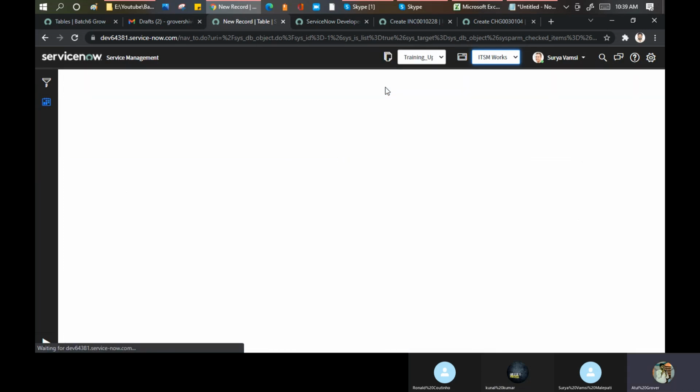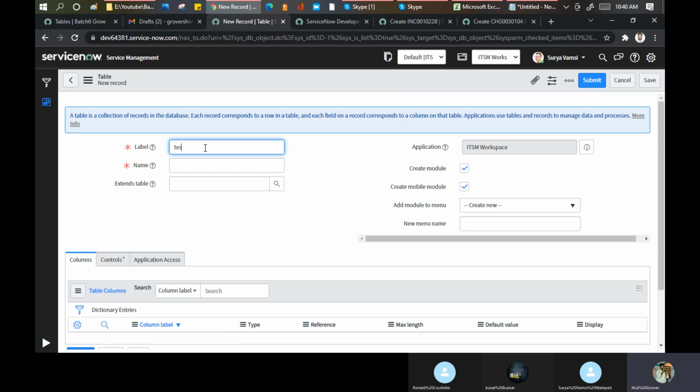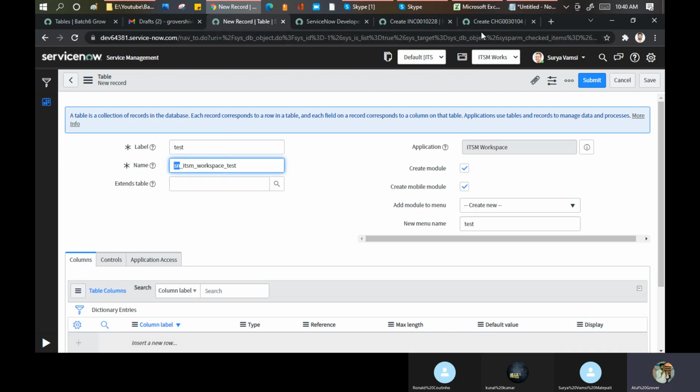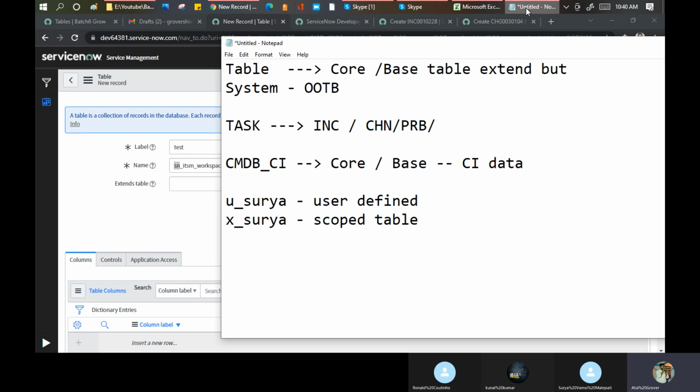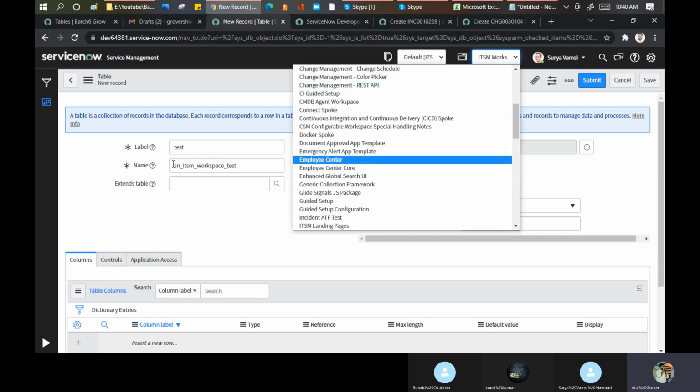Okay, reload it. See, now they are bringing their own name, SN underscore ITSM, instead of the X. X will come when you are creating your own application, and in that application you are creating your own table. This topic we have in our bucket for the scoped application. If you select your scope from here, then it will come something like that.